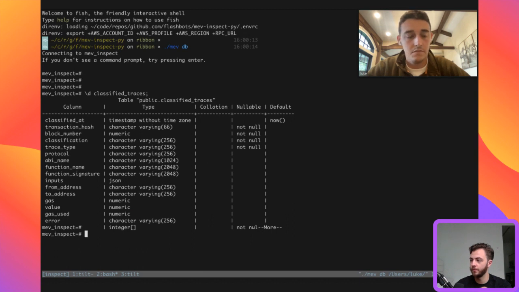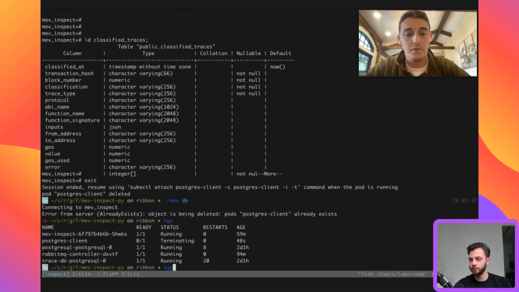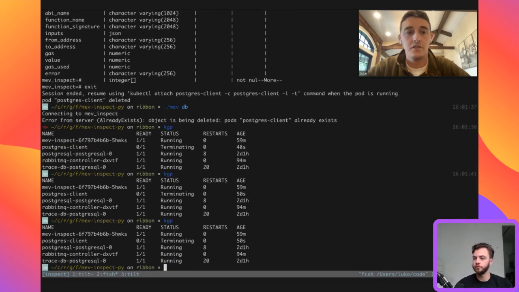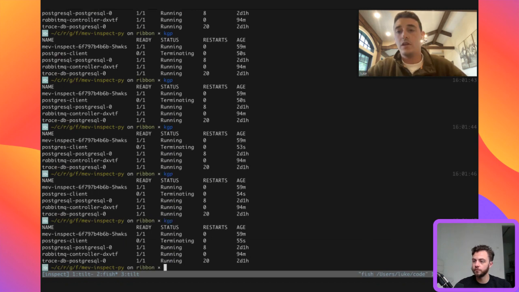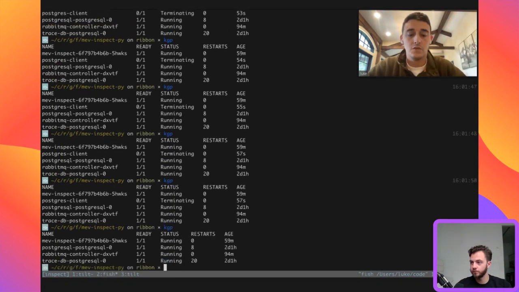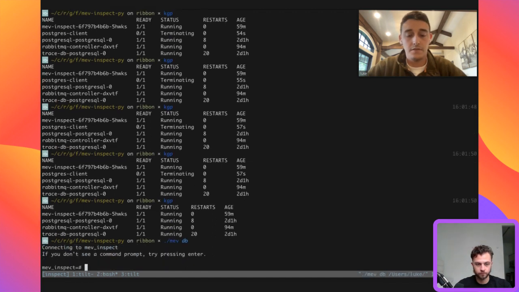So let's take a look here. Well, 1 second. We spin up a pod within Kubernetes actually just to do the database querying to keep everything inside the little zone there. MVDB. Nice. Okay, select star from classified